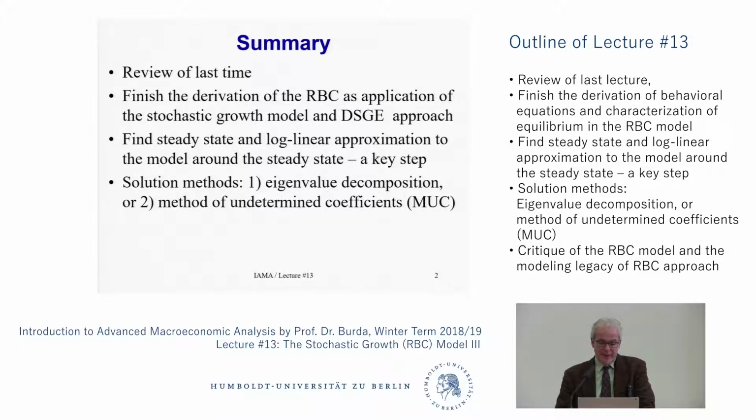One is called the eigenvector eigenvalue decomposition. It will make use of properties of the matrix that expresses the relationship of the current endogenous variables as a function of the lagged endogenous variables and shocks, okay? And the other one is kind of the cheapo way of doing it, which we call the method of undetermined coefficients, or MUC. That's the way a lot of people cut through and get a quick understanding